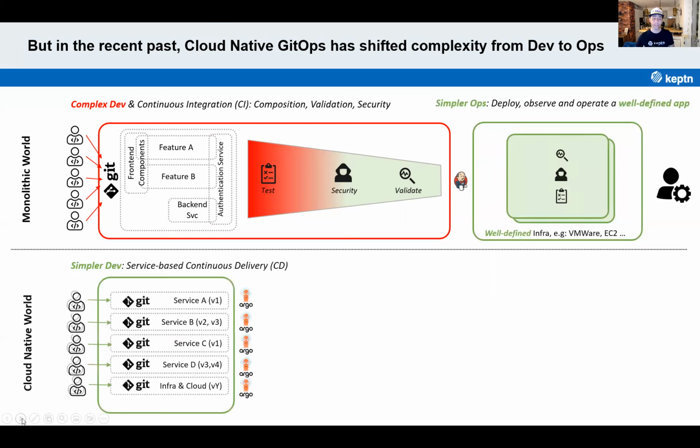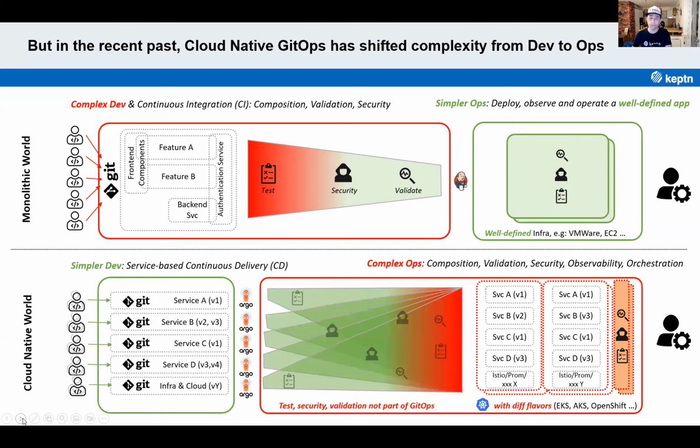Now, with the cloud native world, and especially the emergence of GitOps and tools like Argo, we have seen a shift. It became much simpler for developers to work on their individual services because we are promoting a microservice-based architecture where every development team runs, builds and configures their own Git repository. And every time they have a change and push it, Argo pushes it out to the target environment. And this is where the complexity comes in, because what is not really specified in most cases is